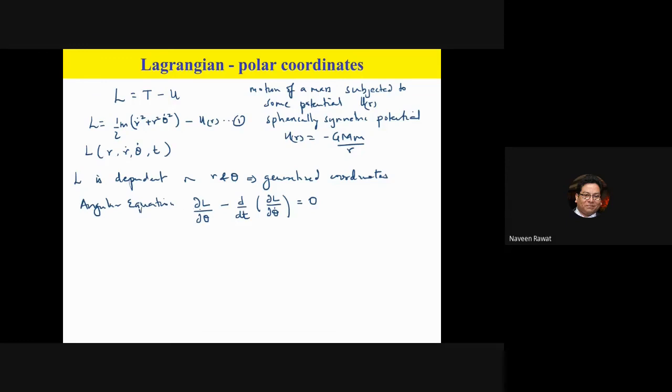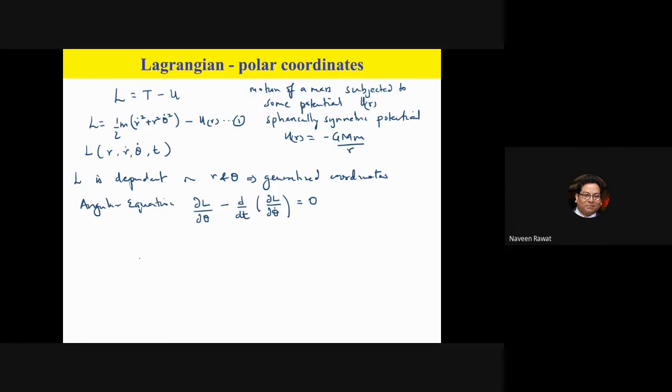So now I'm taking partial derivatives with respect to theta, and you can imagine there is going to be another equation, the radial equation, that we'll solve later. Let's first solve this equation from the Lagrangian formulation, for any potential, gravitational or any other spherically symmetric potential, and see how the mass m will behave.